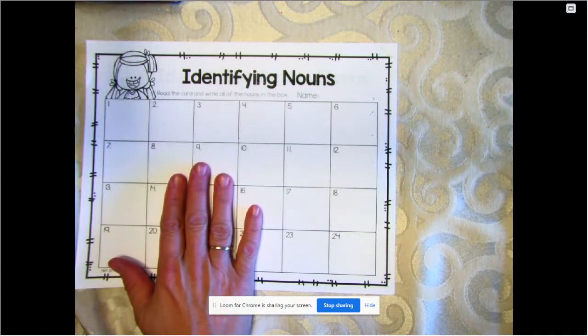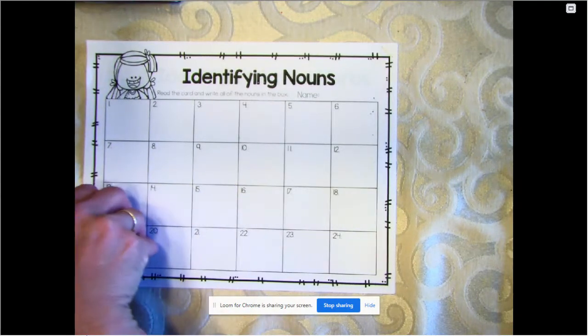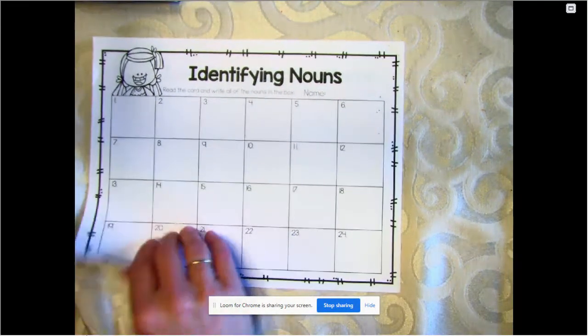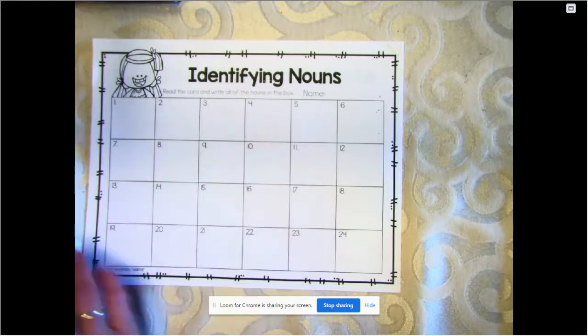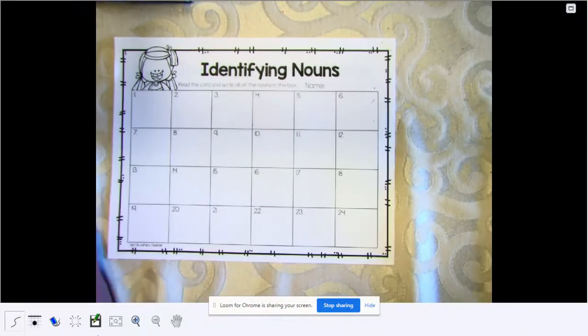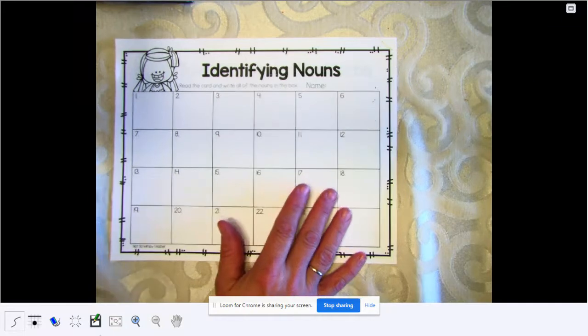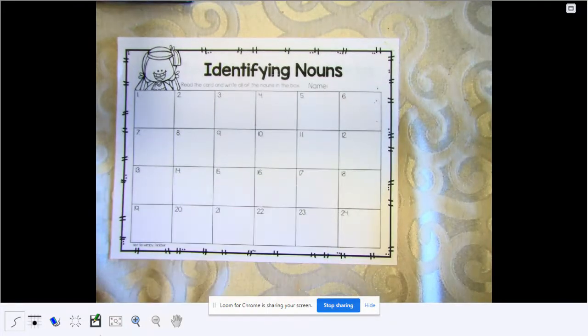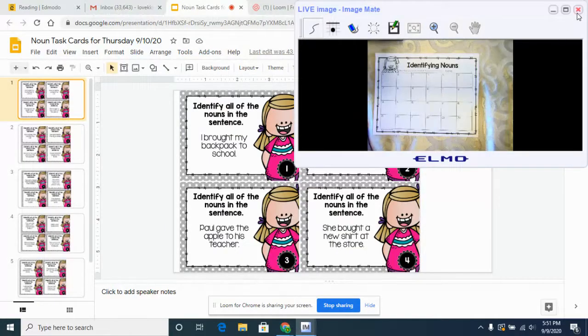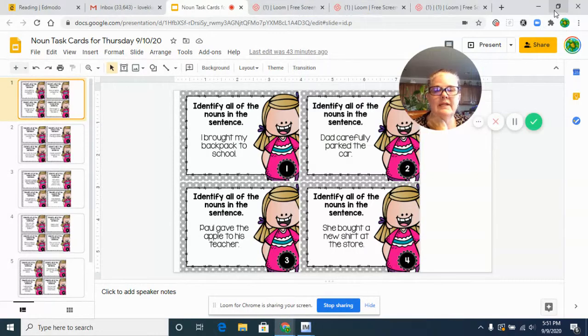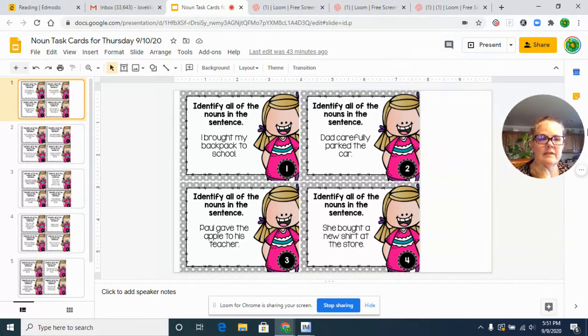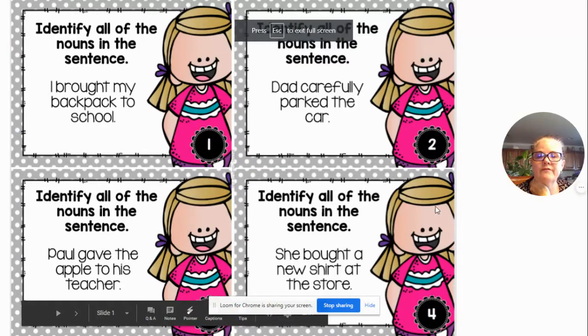You can leave it stapled if you want to, or you can tear this one off, because the other ones are on there, so this packet will stay together. All right, so once you have this, then we'll get started on the task cards. If you need to pause this video, please go ahead and pause it so you have time to get what you need. I'm going to scooch myself over here, and we're going to go to the first set